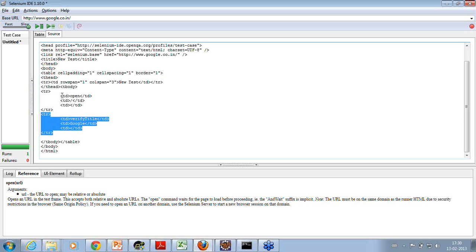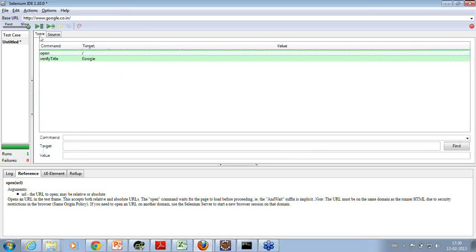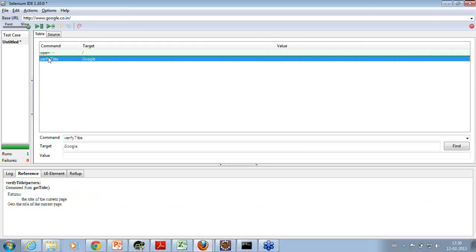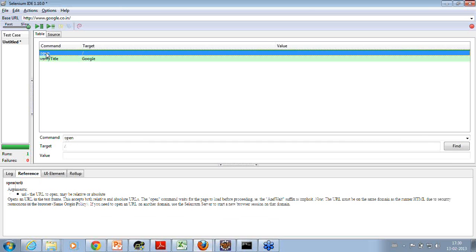Each row of this script is represented as a row in a table inside the HTML format. So in a way, if you're not doing record and play, you can edit it with whatever next steps you want, save it and run it. That's another way to record your script and run it.